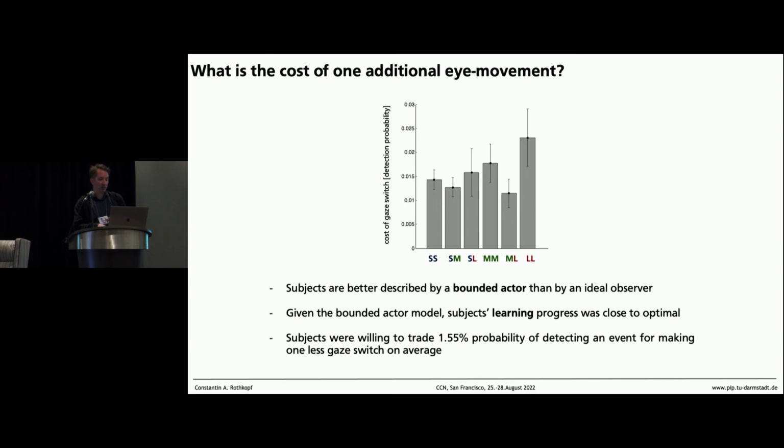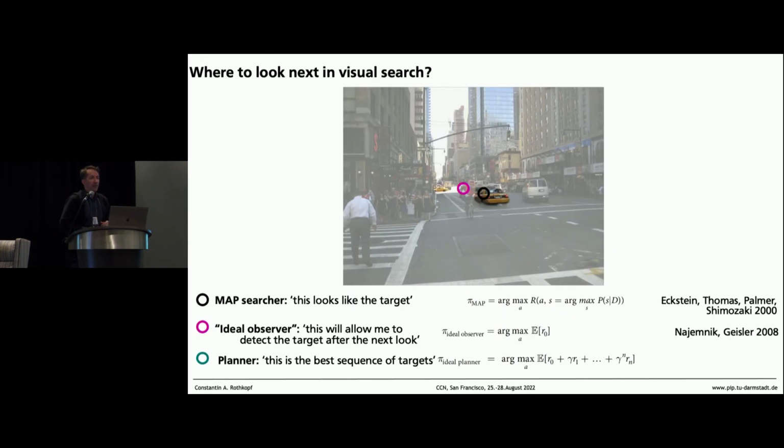And that's, I think, the power of these methods, that they can really quantify behavior in these quantities. All right, so the second thing I alluded to was planning of eye movements. So planning is something very specific, right, computationally. And in visual search, people have had different ideas about where you would look. Maybe you look at the maximum of the posterior probability of where a target is. So you look where you currently believe the highest probability is for the target to be.